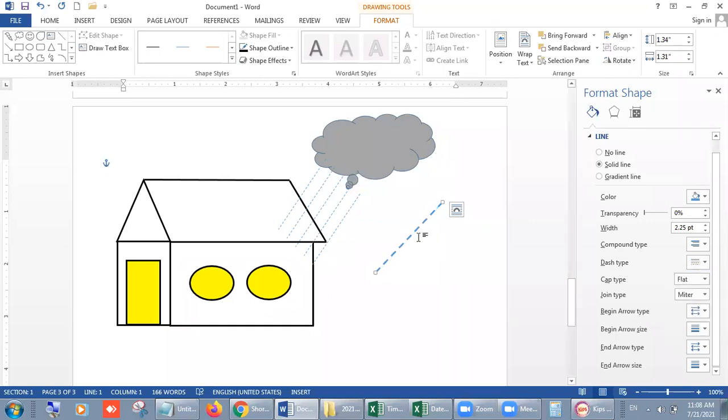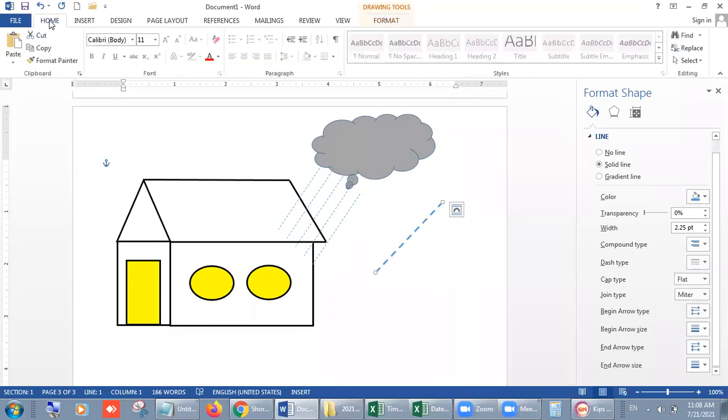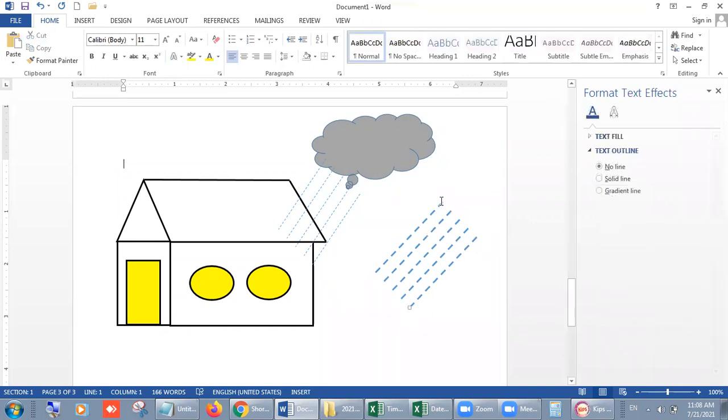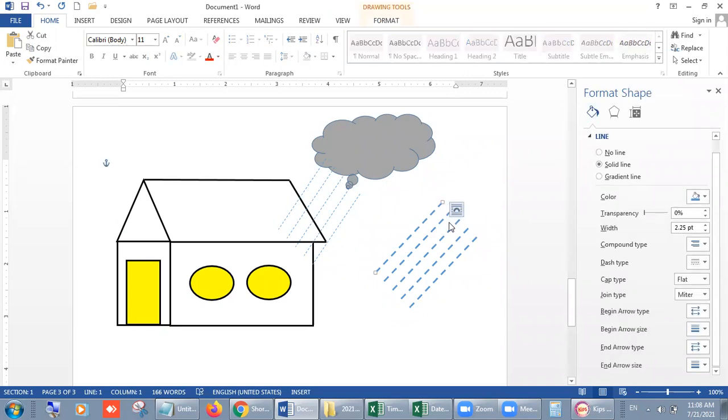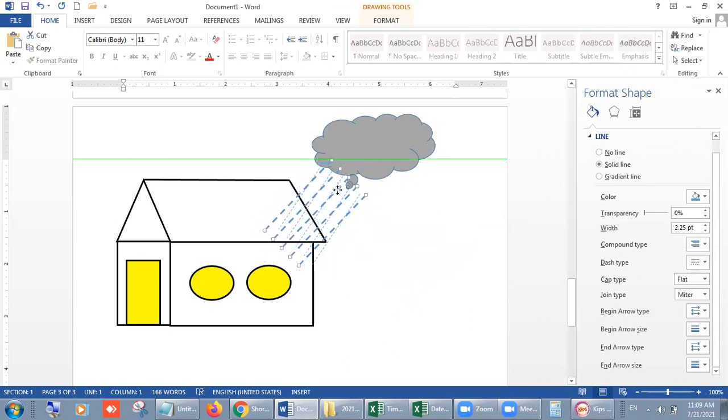I took this one, and after that I go on home tab, then copy and paste. How many times you want, you can do, and you can select them directly with the help of control button. Select one, then press control, click on second, click on third, click on four, click on five, or you can collectively move them from there.